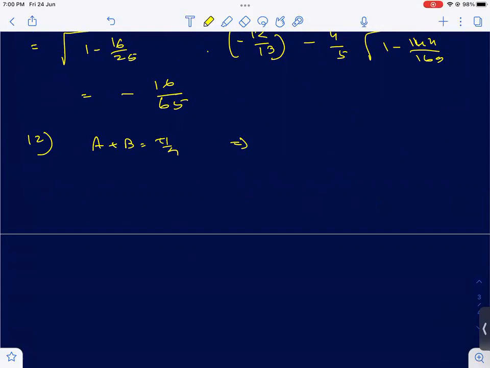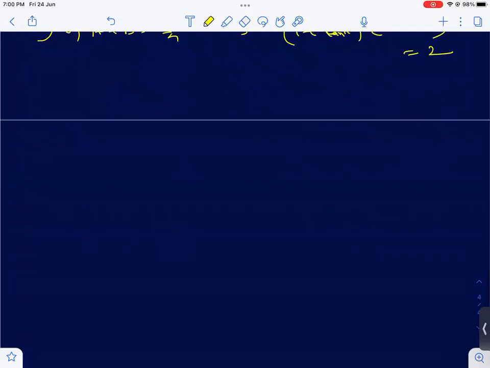So if I put this value, we are getting 1 plus same thing, multiply, take tan on both sides: 1 plus tan A into 1 plus tan B equal to 2. Question number 13. So in this case, 12B. If I go to question number 13,